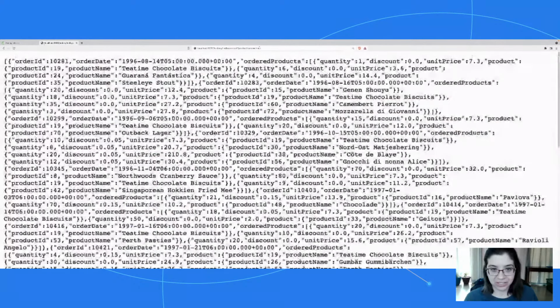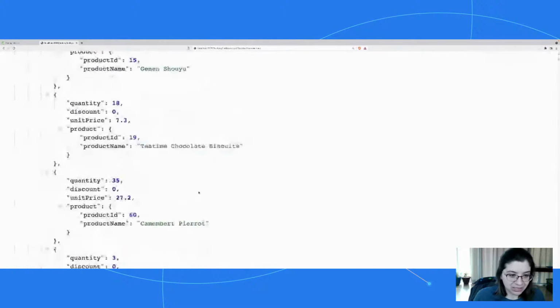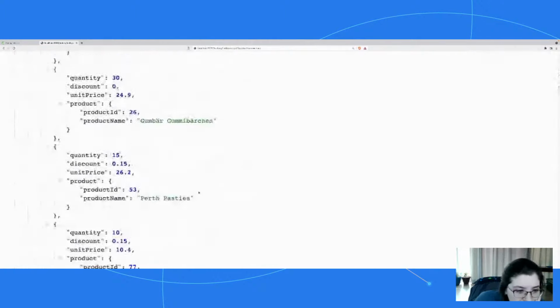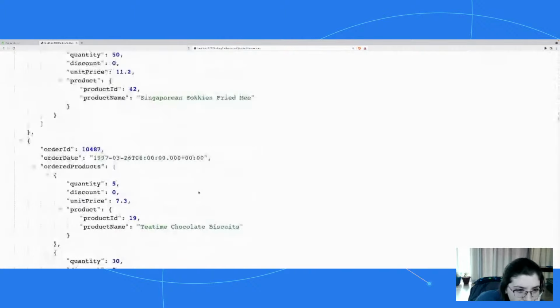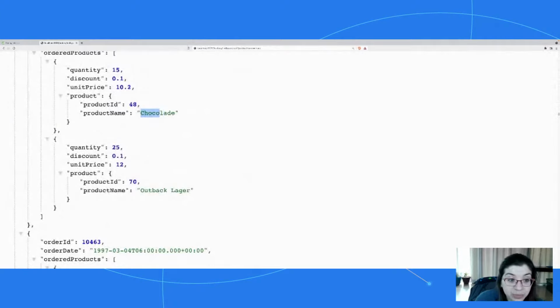And I can even search. I also really like chocolate, so I could search for anything with Choco in the name, which pulls tea time chocolate biscuits. So there's our Choco, nice in the middle of the word and everything, and ignoring the case. There's also, if I scroll down here far enough, there it was actually, chocolate. So it finds this product as well. So again, the fuzzy search is working. It's pulling back multiple products with these combinations of letters there.